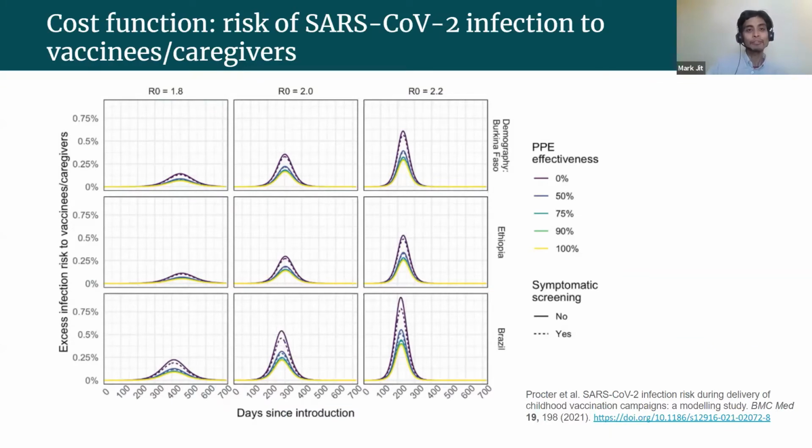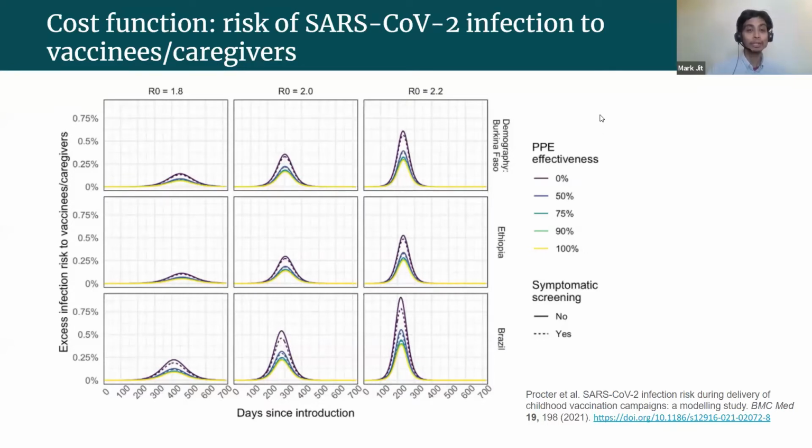As you can see, the risk to vaccinees is not so high. What we did was really look at 3 scenarios roughly based on the demography of Burkina Faso, Ethiopia, and Brazil. So 3 countries which represent a very young population, an older population, and an intermediate population. As we go through these 3 scenarios, we looked at 3 levels of R0, which might represent, well, basically the reproduction number with some sort of mitigation in place. And what this shows is, if R is pretty high, we could get moderate levels of transmission, not huge, but still enough to be worrying.